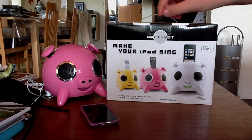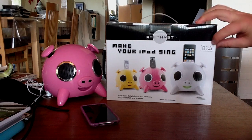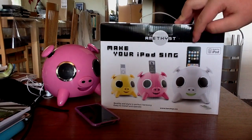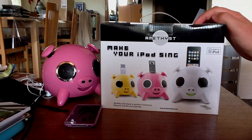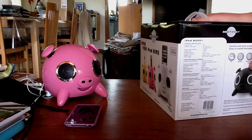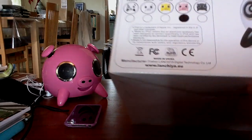The first thing that Amethyst wants you to know is that it's compatible with many iPods. It says here "made for iPod," which is true. I'm gonna review it with this one, just the newest generation, the fourth generation. I'm going to show you in a bit how it works. Well, first up, you can see that the design is quite unique, and it comes in different